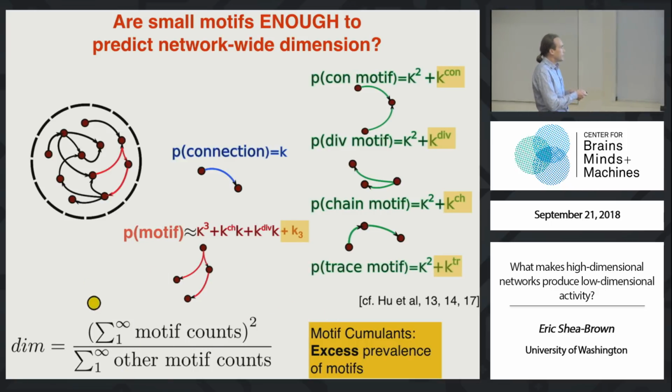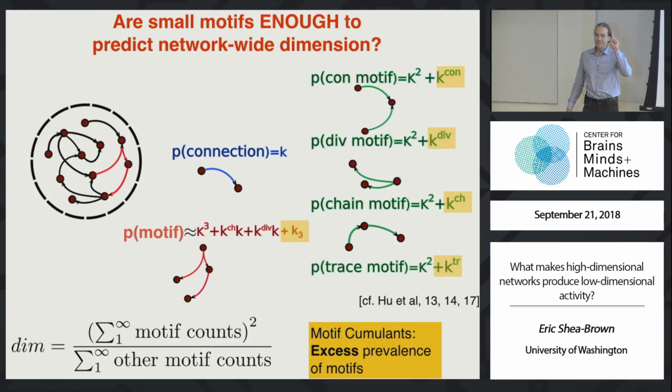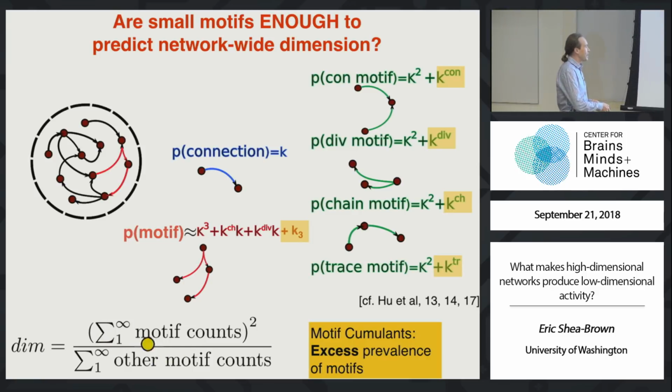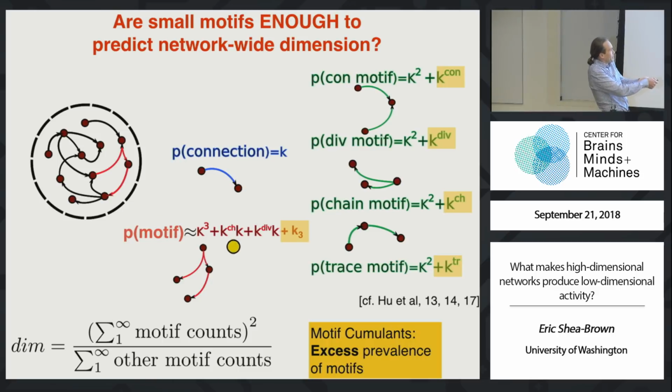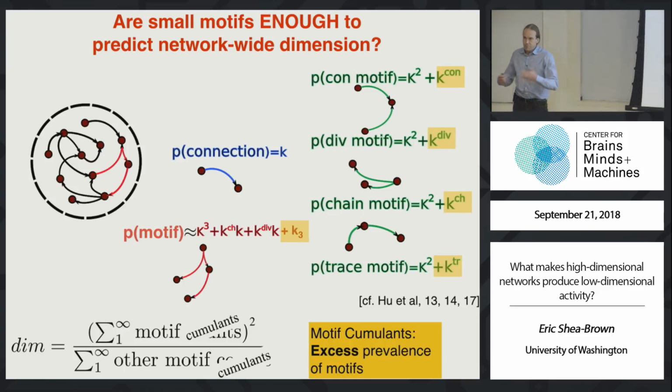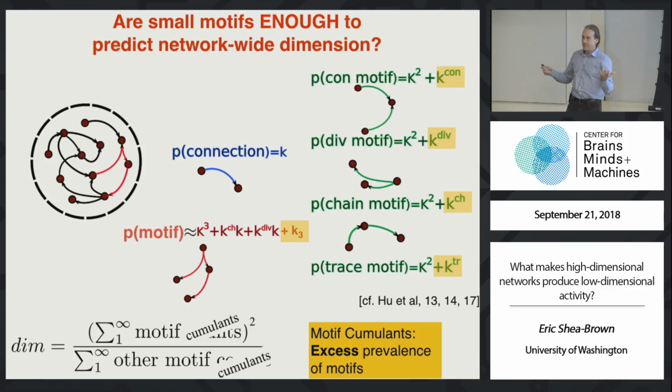What do you do next? Well, you have this formula, remember. This is what we want. It's written in terms of motif counts, which are proportional to motif probabilities. So you plug in all of these expansions of motif probabilities into the formula that we have in the first place. Now, does this sound like a good idea or a terrible idea? I vote terrible, because I was complaining about the fact that these are really long series, and all I'm doing so far is plugging in lots of terms, like all these red terms, for every individual term in the series. So what you get is just replacing one infinite series with another infinite series that's actually doubly infinite, and it looks like you're going backwards fast.